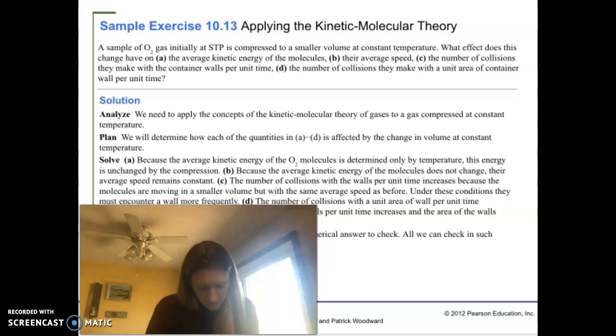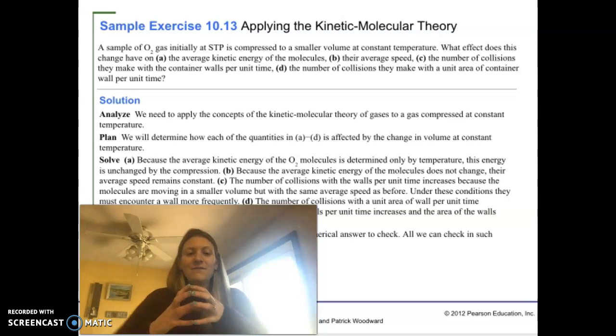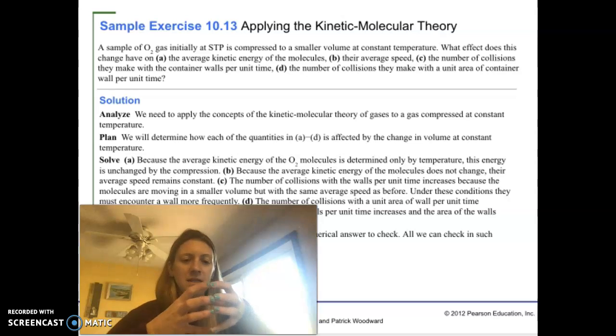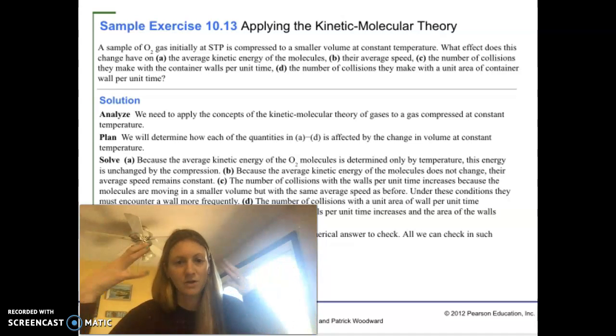C is the number of collisions they make with the container walls per unit time. So the number of collisions with the walls per unit time will increase because your molecules are moving now in a smaller space. So think about social distancing. Perfect right now. 6 people in a teeny tiny kitchen are going to run into each other a lot more than 6 people in a much larger kitchen. Trust me,